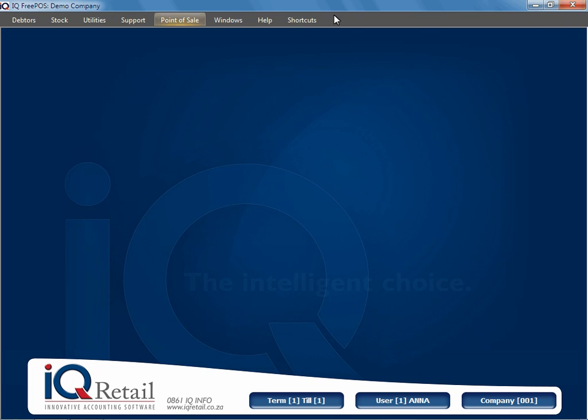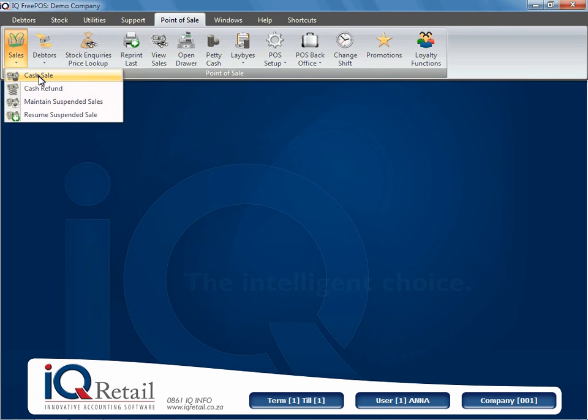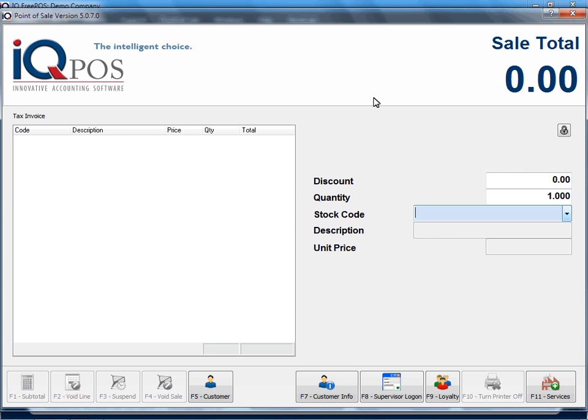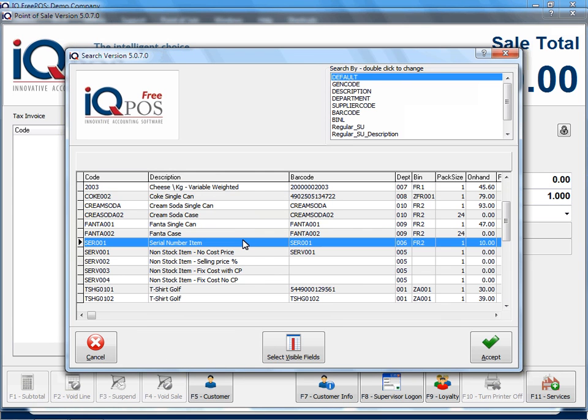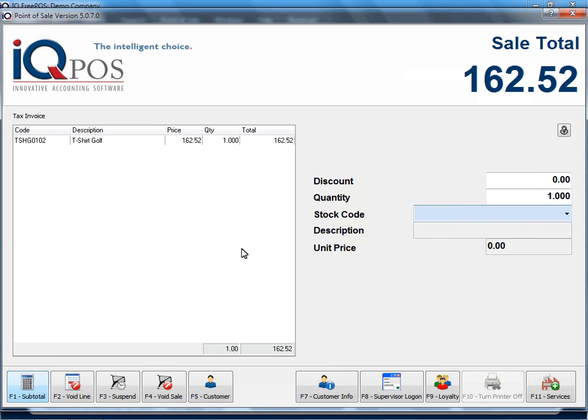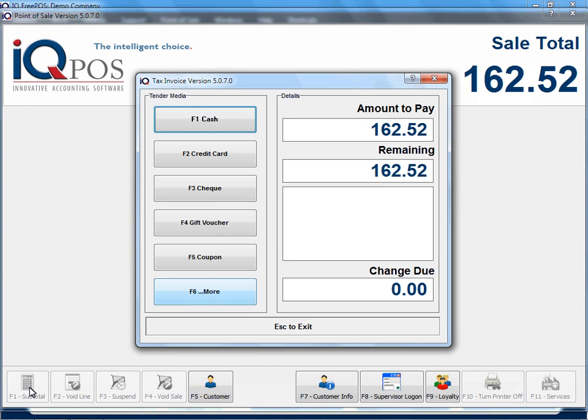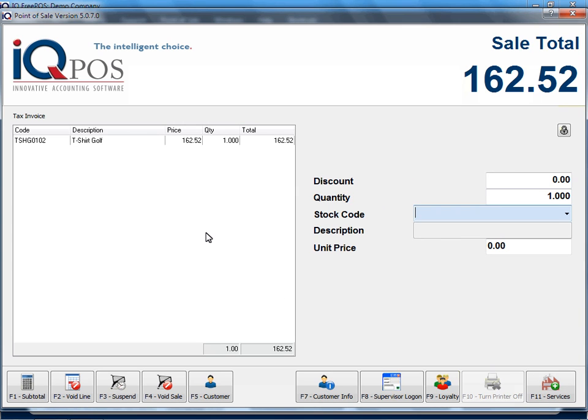If I close my setup option and go to point of sale, sale and cash sale, select an item a cashier would want to buy from you, and I say F1. Now this is my tender media where you can specify cash, credit card, check, the gift voucher, you have coupon, you have a more button, that you have all these different types of tender media. In other words, this is how you would receive money from a customer. I'm just going to avoid my sale